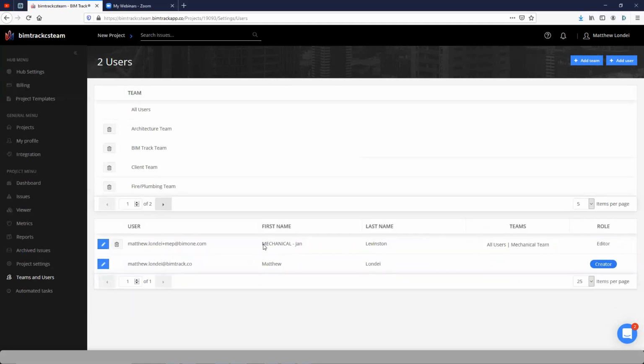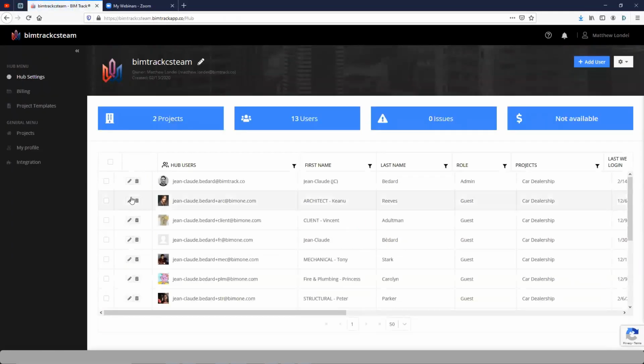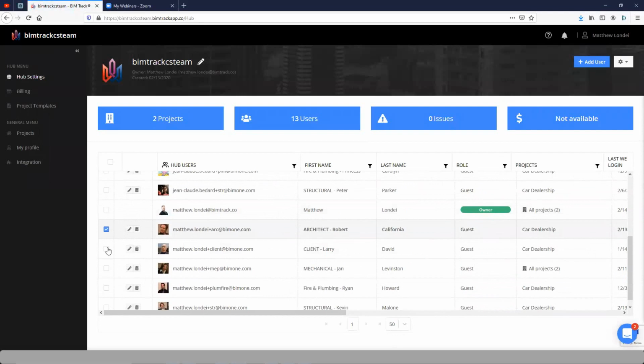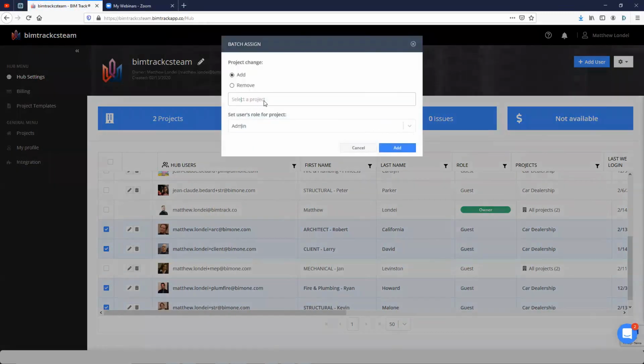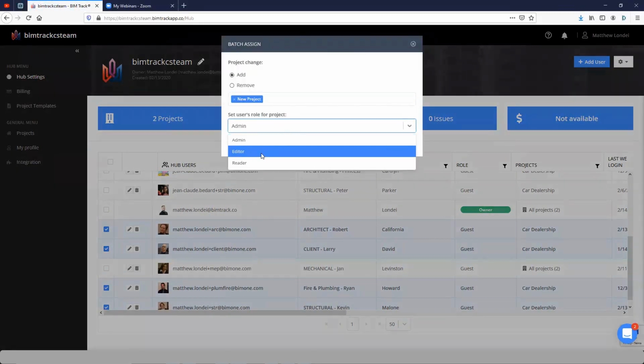And my mechanical user, Jan, has been placed on the all users team, which is a team I'm going to put everybody on, which allows me to communicate globally with everybody on the project, and they are placed on their corresponding mechanical team. I could repeat this process for each individual user, but as I mentioned before in the hub settings, if I wanted to simply select all of these individuals, I could quickly batch assign them to my new project as an editor,